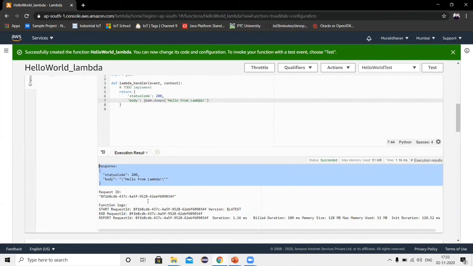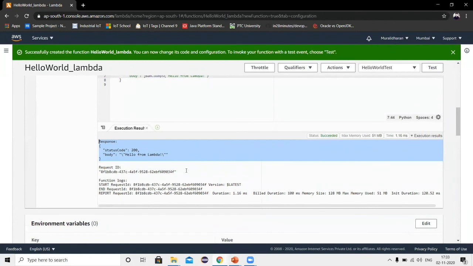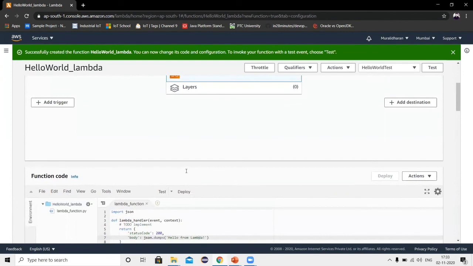In the response we will get this, and we will provide it to the front end, and they can make the application appropriately. So this is the first service. For the second service, we are going to create an S3 bucket, create buckets there, and pull the buckets through this Lambda service. So stay tuned, and I'll show a different example and a different way.